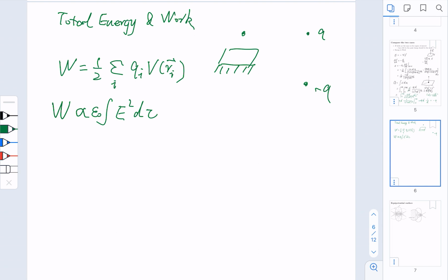And if you do the integral, if you do the summation, the result should be Q over 2 times Vi, which for a point charge, the Vi is simply the charge over the distance 2D. So the final answer should be